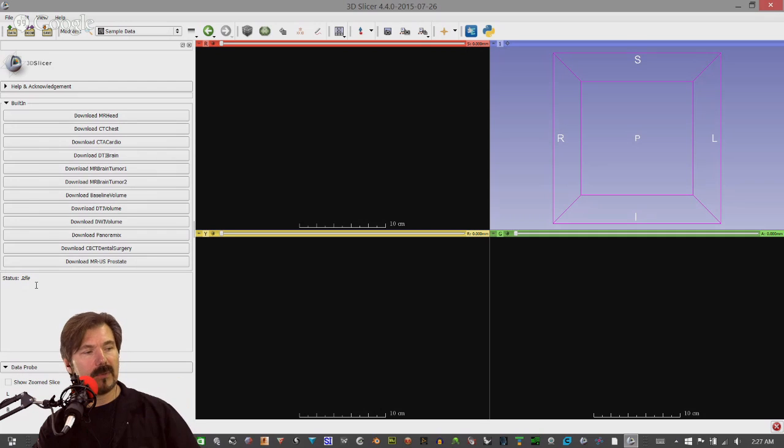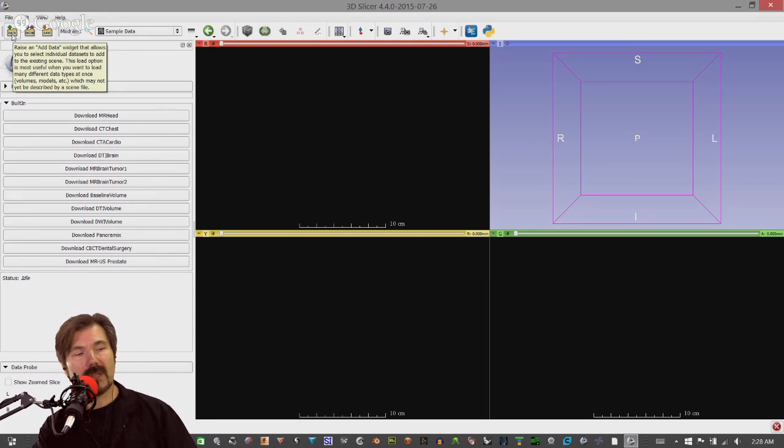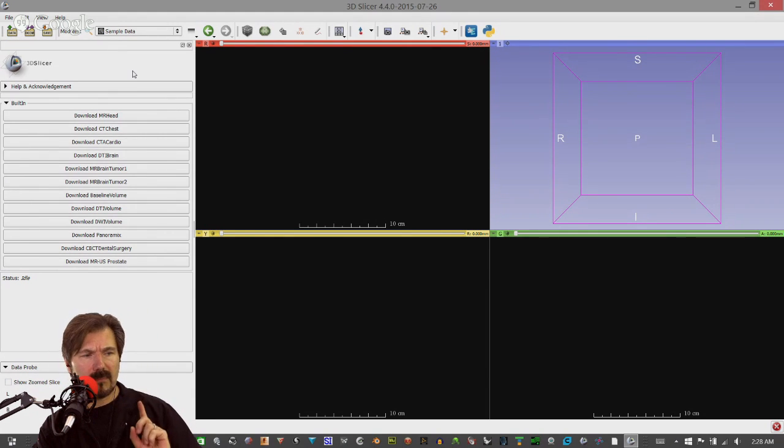So the first thing that we want to do is be able to bring something down. There's a couple of ways of doing that, and we're going to explore two methods today. One, let's go ahead and look at some test models. The nice thing is that they provided downloadable sample models. So the way that you do this is when you click on the data icon up here, you can do that. But I'm getting ahead of myself. Let's look at the